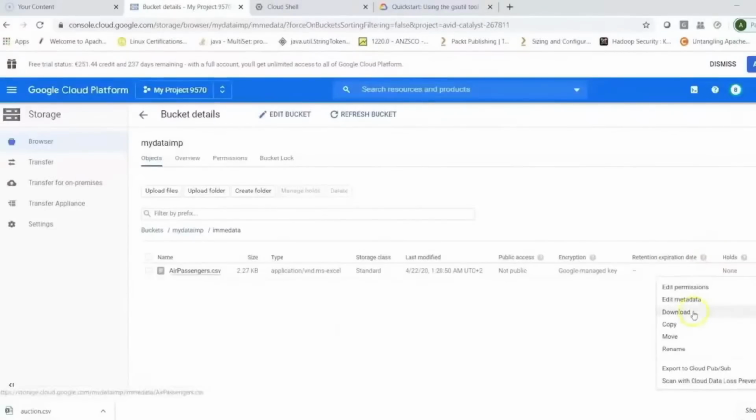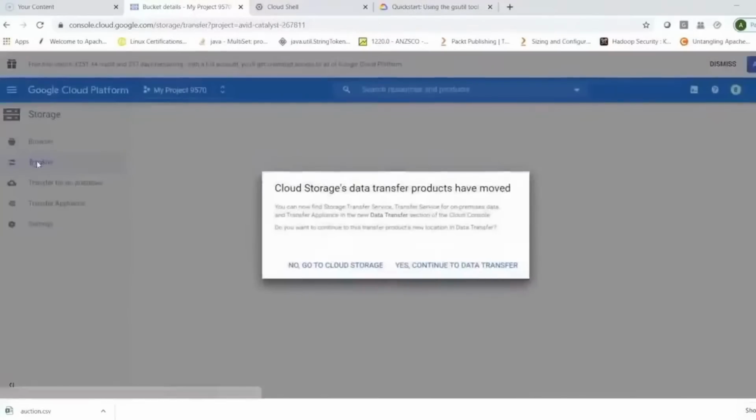You can basically download it, right? You can copy it and you can move it and rename it. So this is a simple example where I created a particular bucket, right? Now, if for example, you click on this Transfer, it says cloud storage data transfer products have moved. You can now find storage transfer service, on-premise data and transfer appliance in the new data transfer section, right? So you can always go back